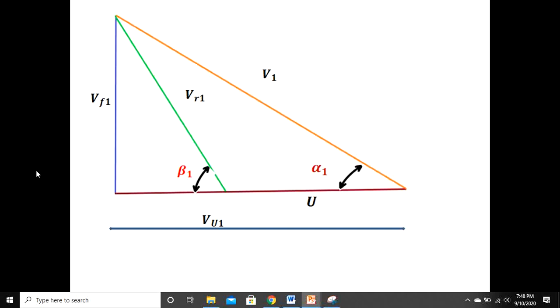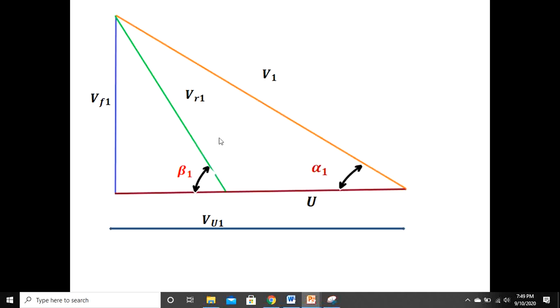So this is the velocity triangle at inlet. Instead of u1 I am writing u only. Why? Because all steam turbine problems pertain only to axial flow turbines. Keep in your mind, u1 is equal to u2 is equal to u, that is, axial flow turbines only. Okay, u, Vf1, Vr1, V1, beta 1, everything you know very well.